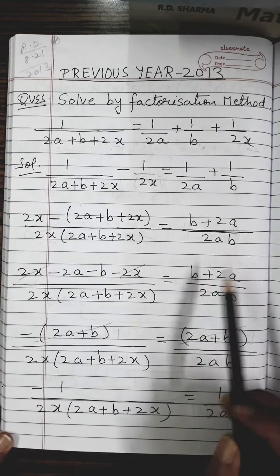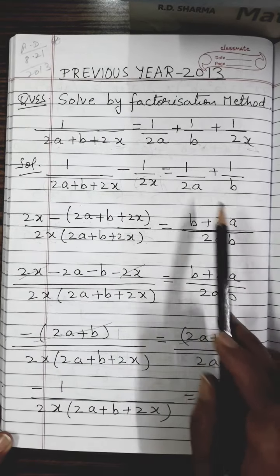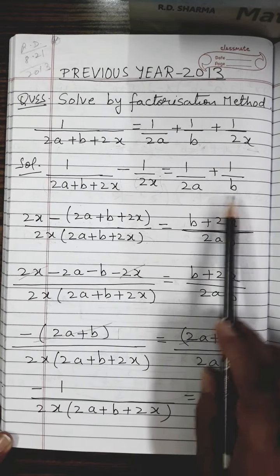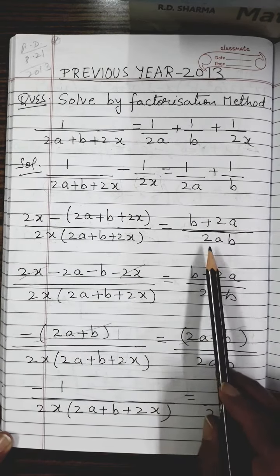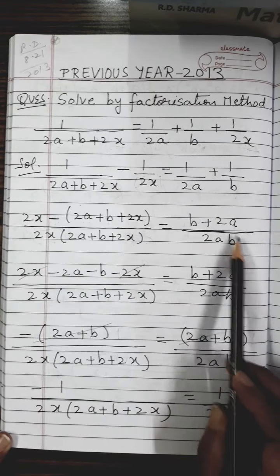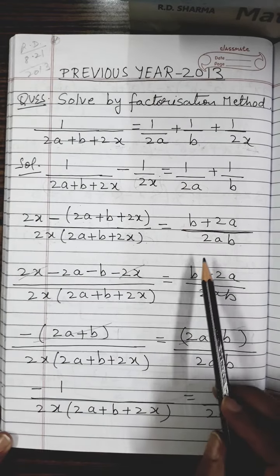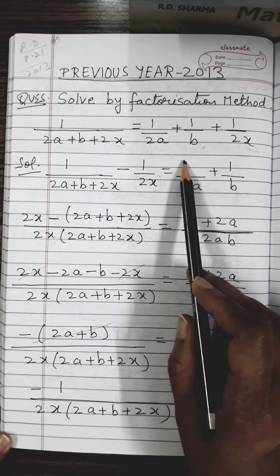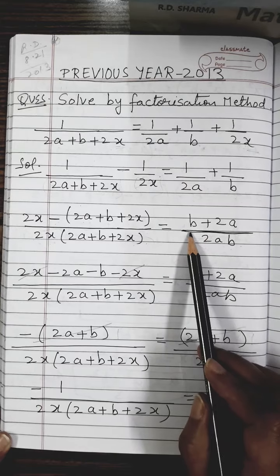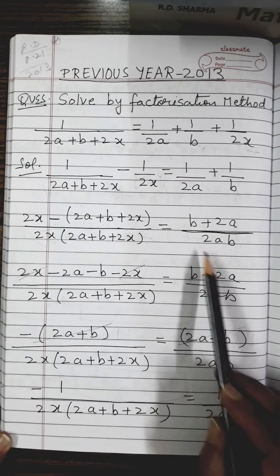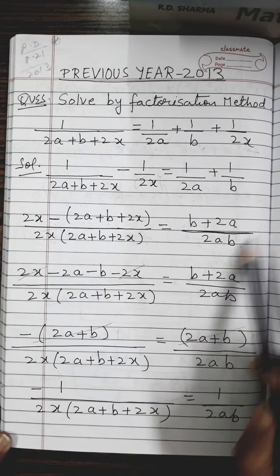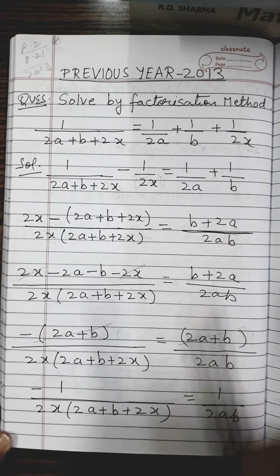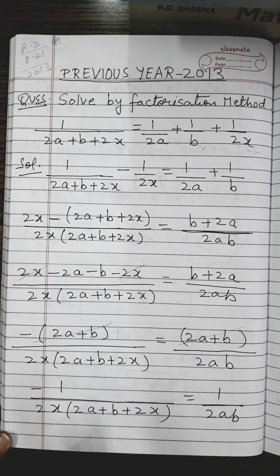Similarly, come to the right side. Again I have to add these two terms, so I will take the LCM of the denominators. So the LCM of 2a and b will be simply the product of 2a and b. So I write 2ab. Now LCM divided by the denominator of the first term. So when I divide it, 2a will get cancelled, b will remain. b will get multiplied with the numerator 1. So b into 1 gives you b. Next term, plus 2ab divided by b. b gets cancelled, 2a will remain. 2a will get multiplied with 1. So you get 2a. So this is your right side.